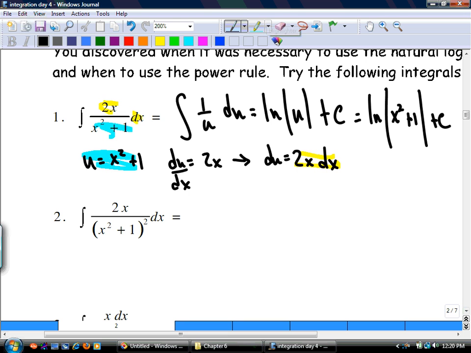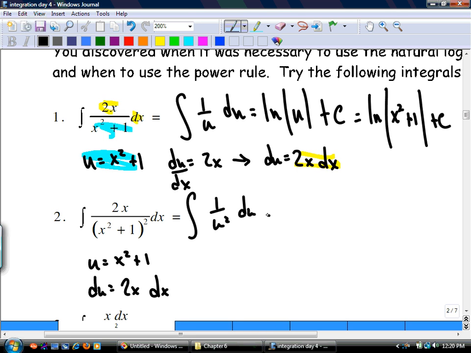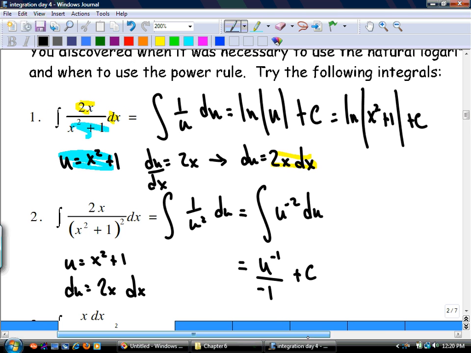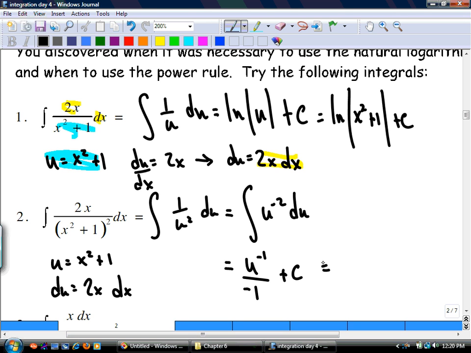So, next one, u equals x squared plus 1, du equals 2x dx. So our antiderivative becomes 1 over u squared du. And you don't use ln here because it's a power of 2 in the denominator. Add 1 to negative 2, you get negative 1. Divide by negative 1, add c to it, and you're happy. So it becomes negative 1 over